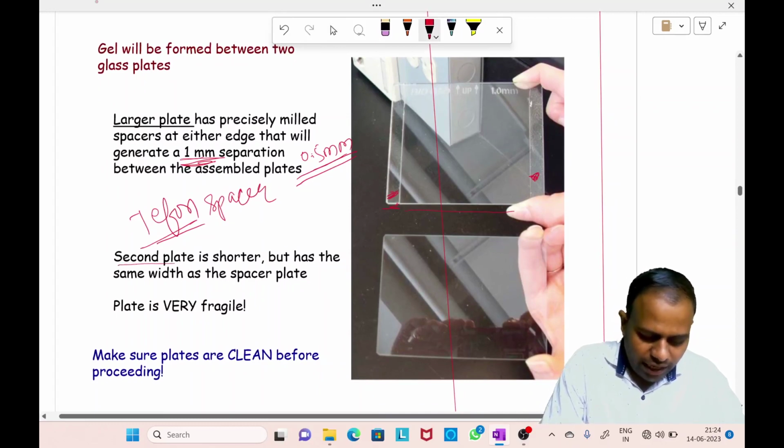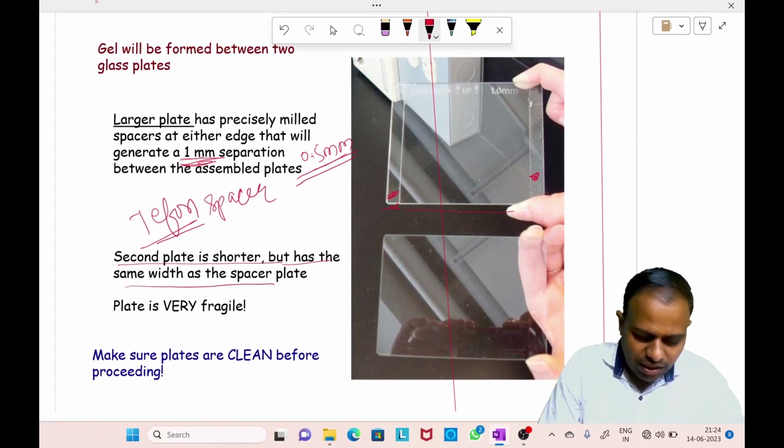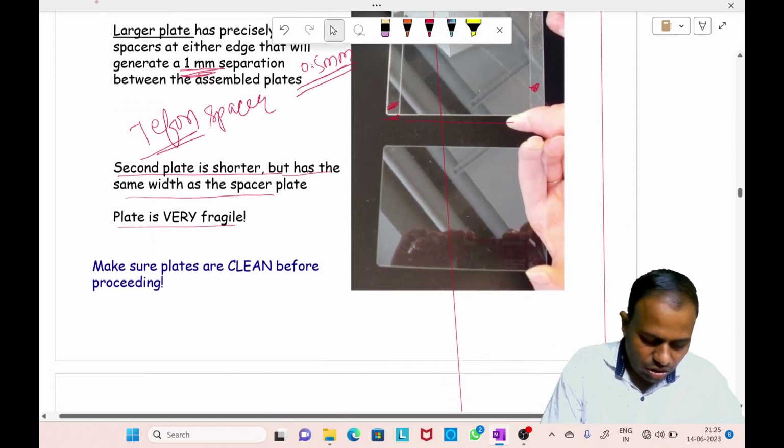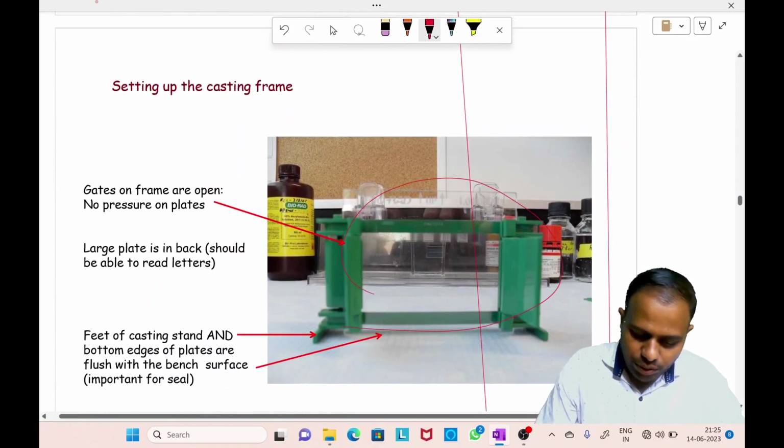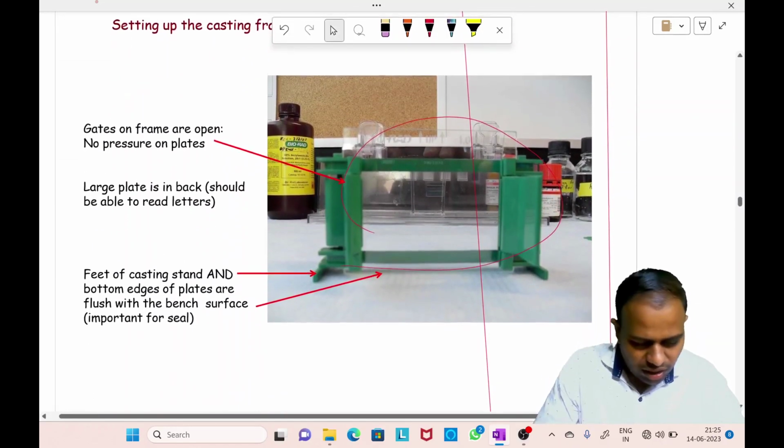Okay, the second plate is shorter, though it has the same width. So you can see the plate here, the second plate, it is plain and it is having certain elevations which will make a cavity of 1 mm here. Okay, these plates are generally very fragile because they are made up of glass, and they should be clean. Okay, so you can see this kind of assembly you can use, or you can use other assemblies also provided